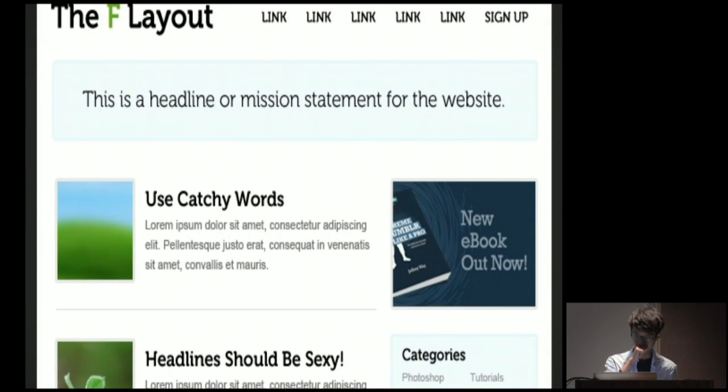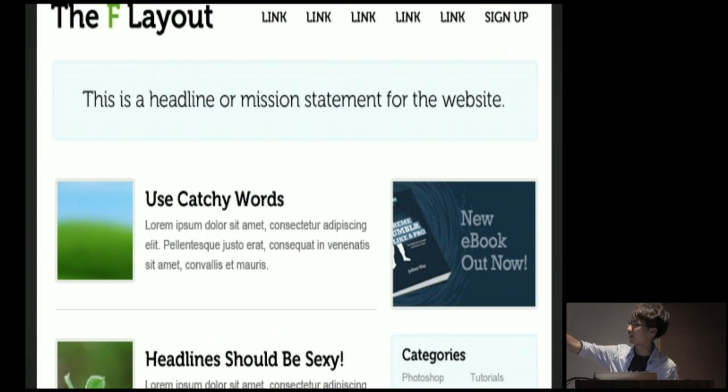And an example of an F-style layout would be this. Again, for most websites, branding is very, very important, so they would usually place their logos on the top left. Facebook, Google, even for this mock-up website, the logo is on the top left. Then the other important elements would be navigation items, because you have to direct the users as to which other pages to go to, so you have navigation on the top right.